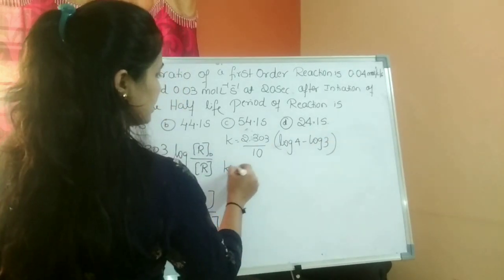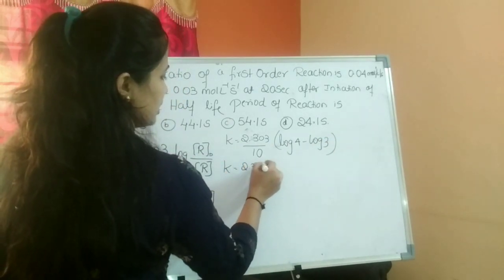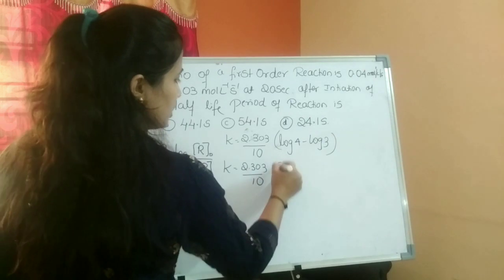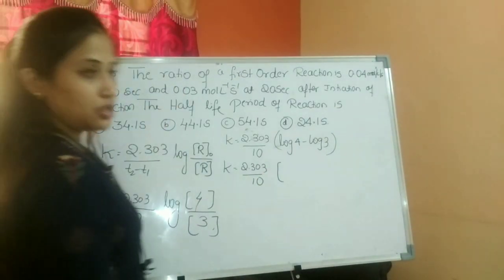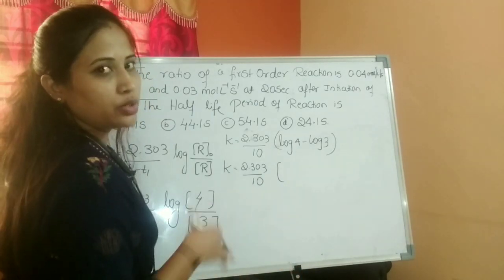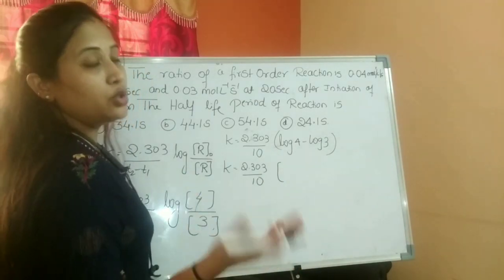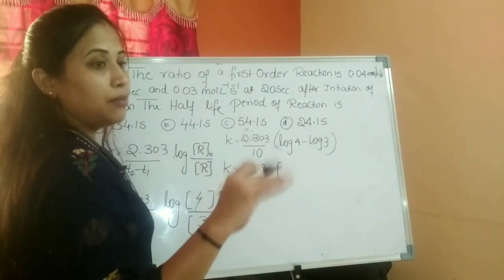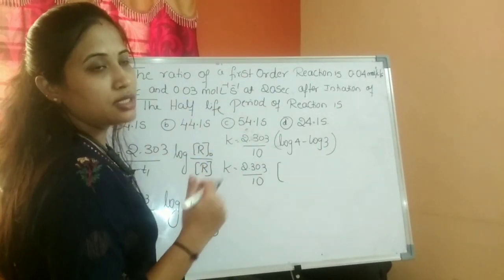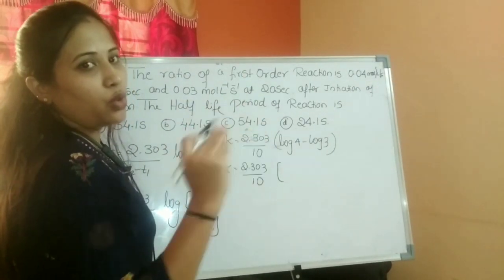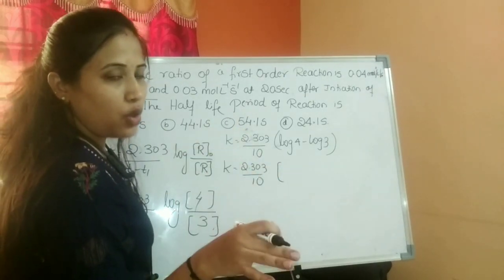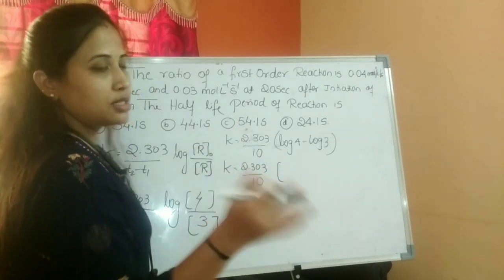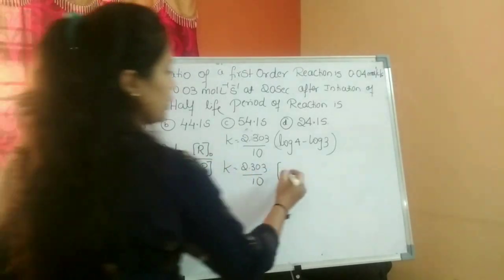Now k is equal to 2.303 by 10. What is the value of log 4? I have told you in the previous problems how to calculate the log 4 value. You also don't know. It is log m to the power n form I can do. That is log 2 to the power 2, or 2 square. So what happens? 2 into log 2. I know the value of log 2 is 0.3010. Multiply with the 2, you are going to get